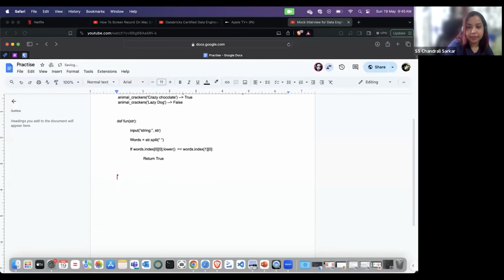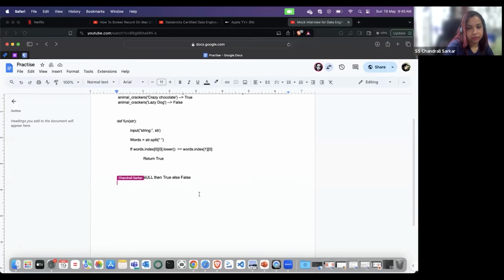So let's say you know the case statement, right? Case when 2 equal to null, then true, else false.